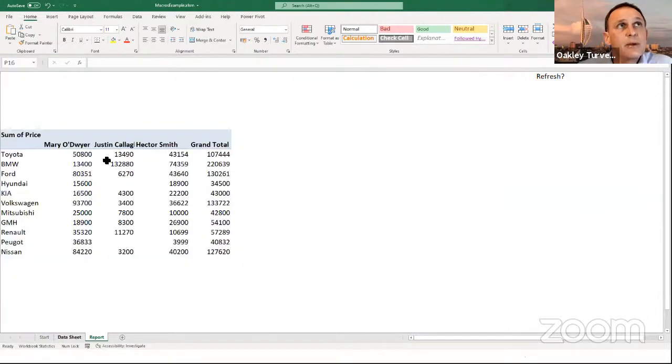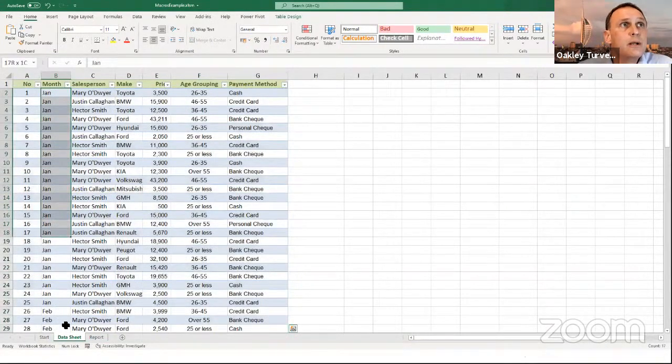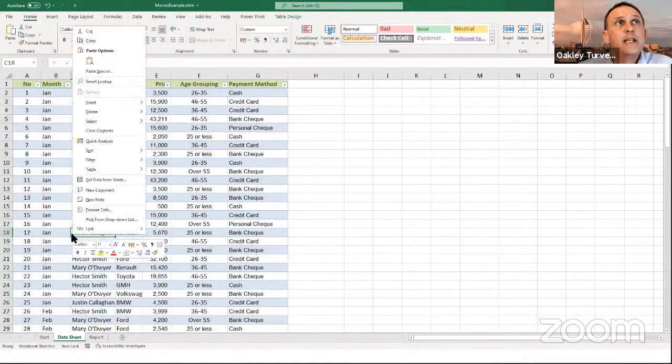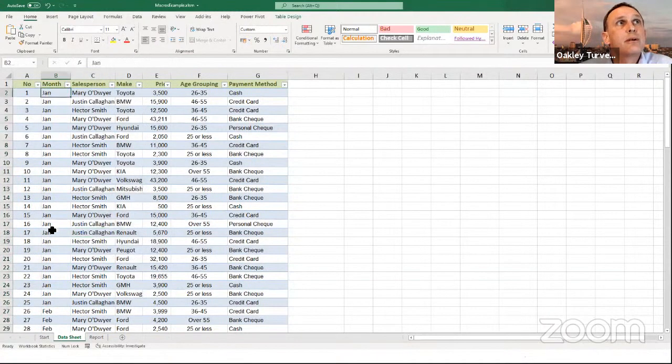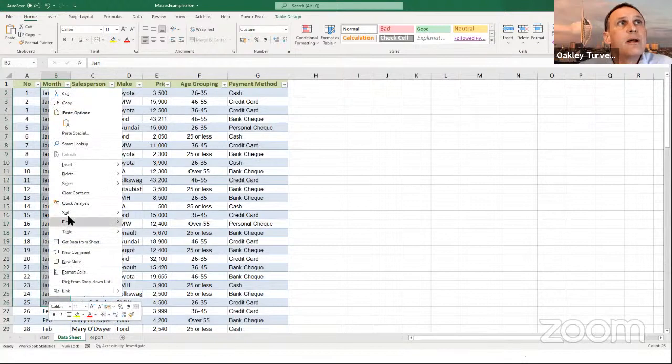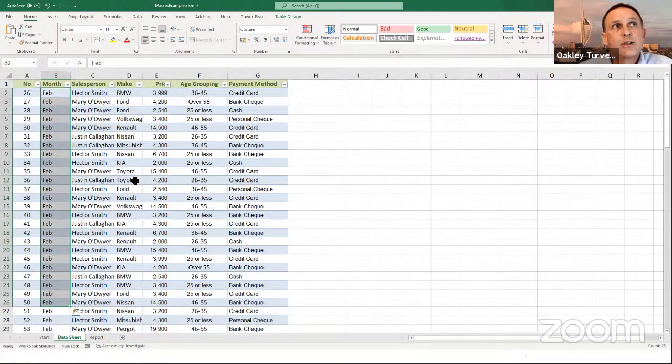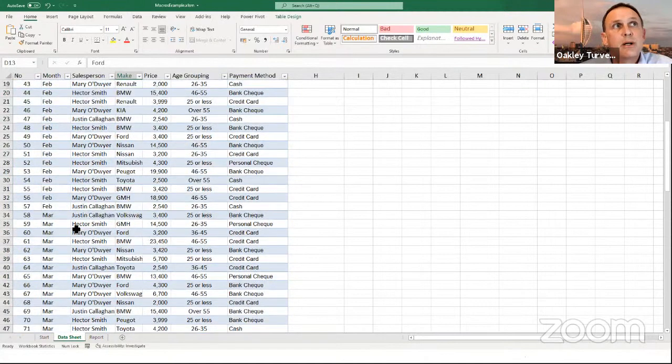I've also got another button, because let's imagine that we wanted to change this data. Let me just do that again. If I select all of that and then delete all of those table rows, that's taken January out of our data here. So this has just got February and March in it now.